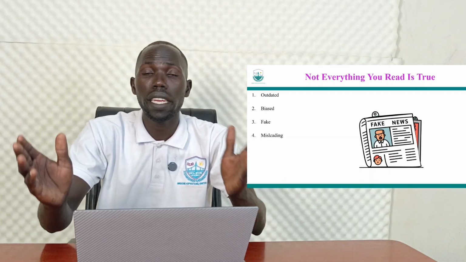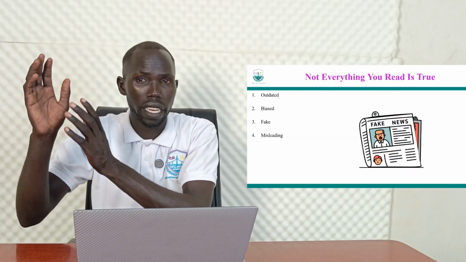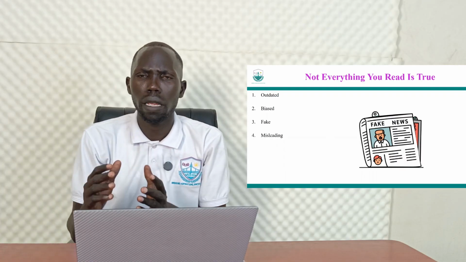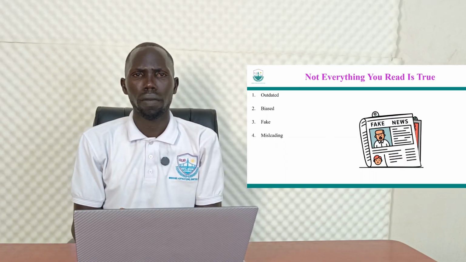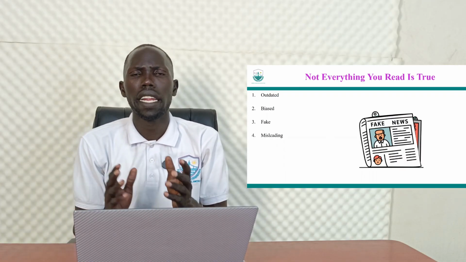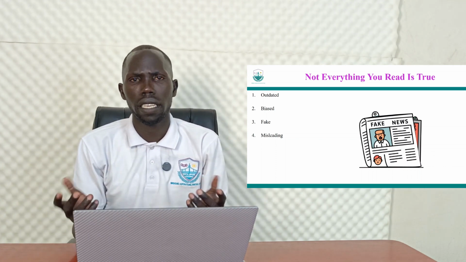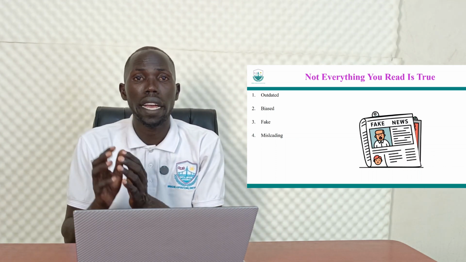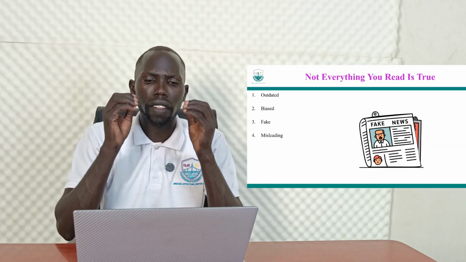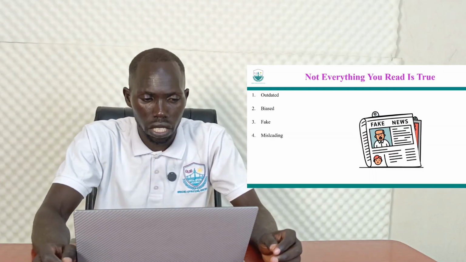It may be true from the angle of those involved. Let's say a person writes a partisan article praising or discouraging others of a party. Such are said to be biased news. So not everything one reads is actually true.